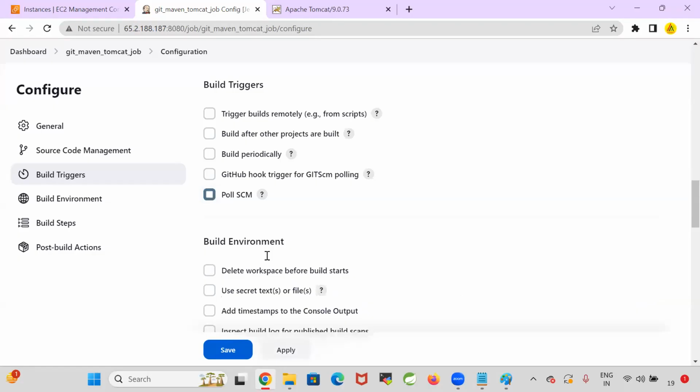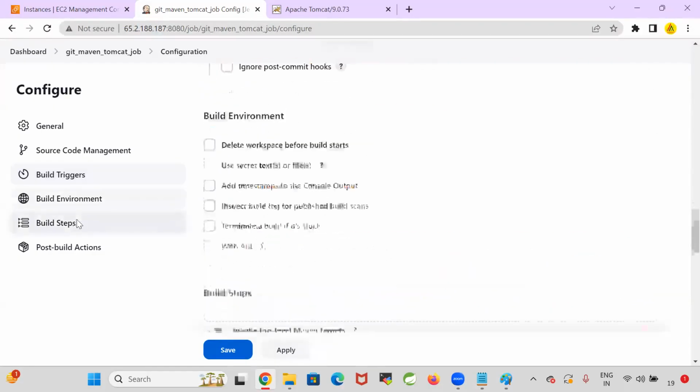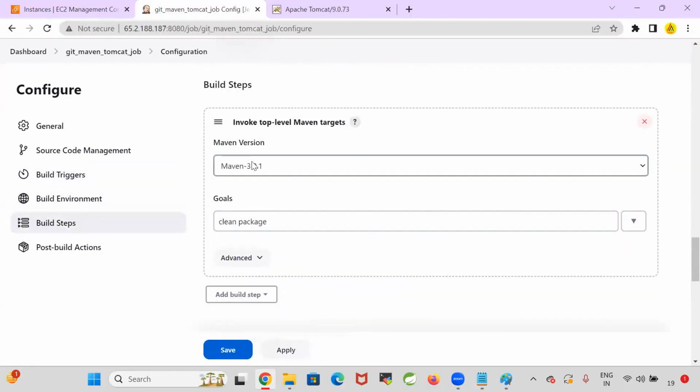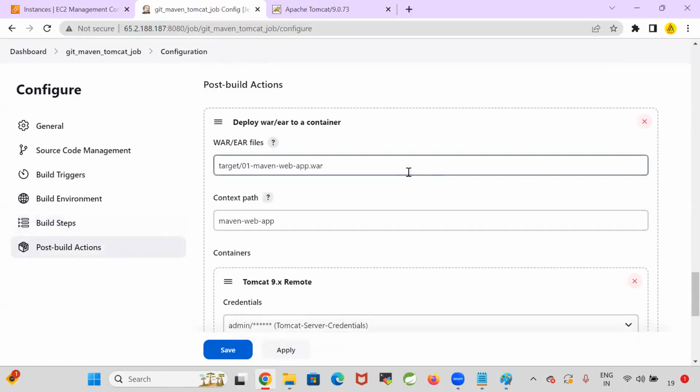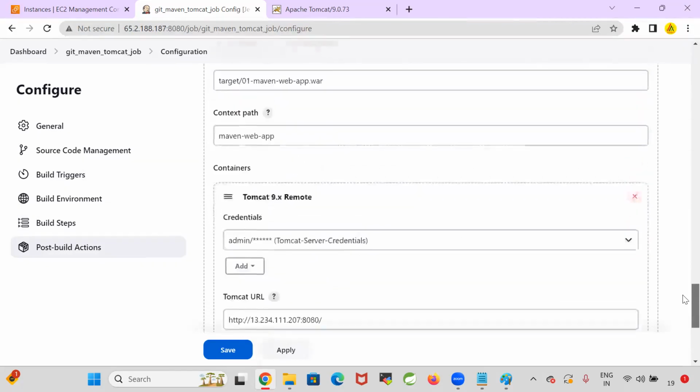Perfect. Now next, the build step I have configured. Build step I'm giving as execute top level Maven targets. Our application is a Maven application, so I want to build that project by using Maven. Then we have post build action. Post build action is nothing but what you want to do after the build is completed. So post build action I have configured as